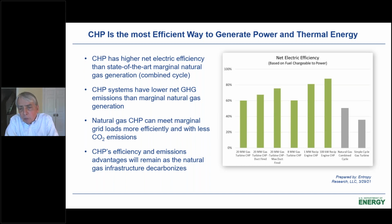The middle green bar is an 8 megawatt industrial gas turbine, and the two green bars on the right are a 1 megawatt and a 100 kilowatt recip engine CHP system. And this is the net electrical efficiency based on a credit for thermal energy provided and in determining the fuel chargeable to power in the system. And you can see that the net electrical efficiencies are quite high compared to state-of-the-art